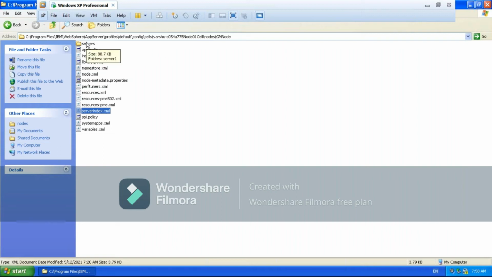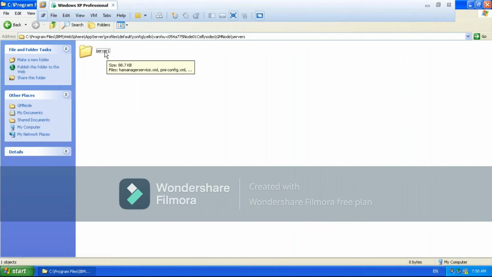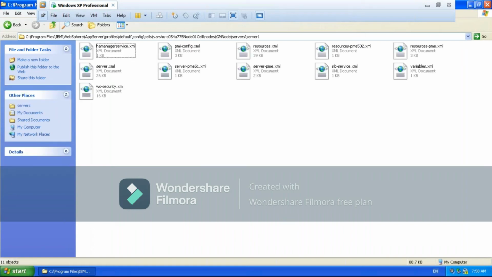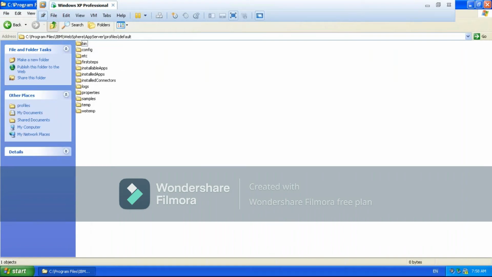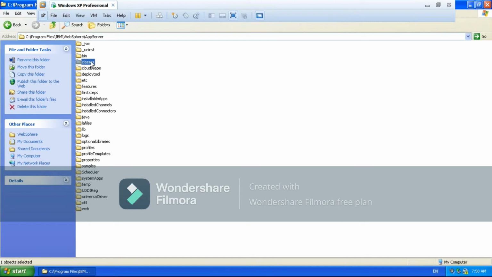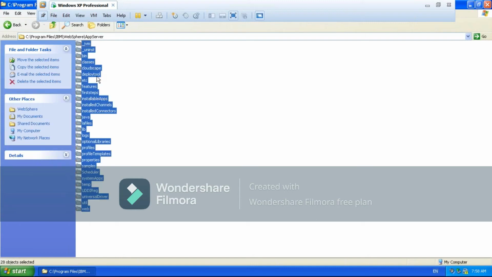If you go inside servers, by default the server name is server1, and this is the application server which you are going to administer. If you get into this, these are the server level configuration files. Get the point, right? Just observe once again. This is the WAS home. Whatever is in the WAS home, we are going to call the product binaries.